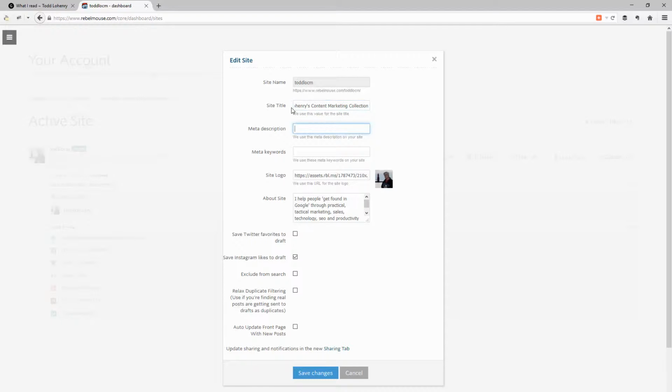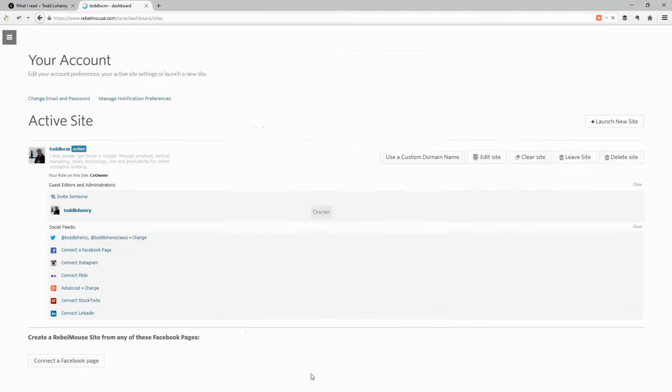We could add a meta description or keywords. You can pull in an image to go along with it. You can put in a site description. A couple of other things that you can do. But when you go ahead and save those changes